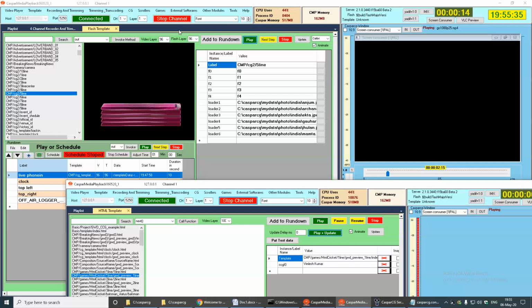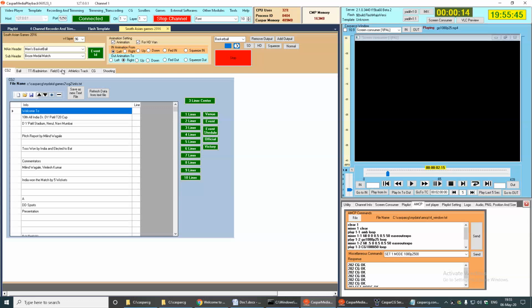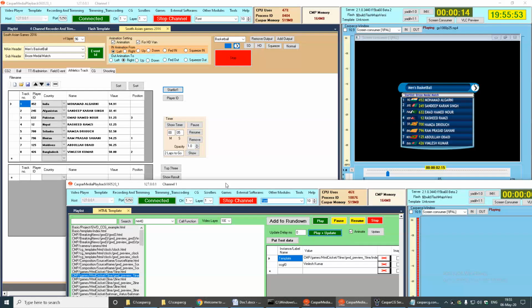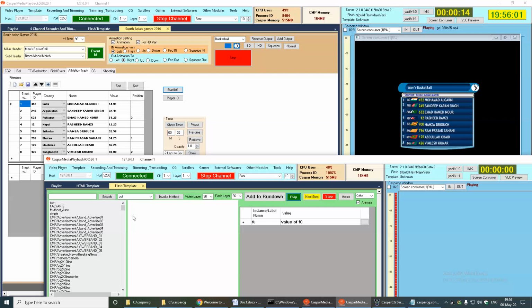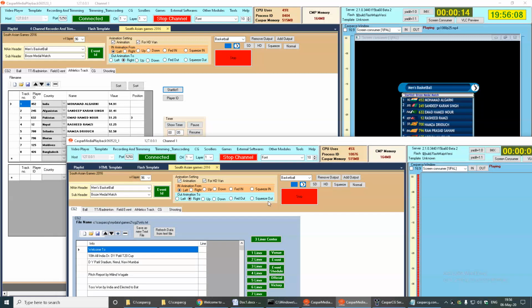One other example I will show you. Suppose somebody is operating games, like the Southeast Asian Games. Suppose this is a game, an athletics track, and somebody is showing a start list like this, and along with this, somebody else can also operate, and go to the same games menu, and in the same ground there may be two different games being operated.